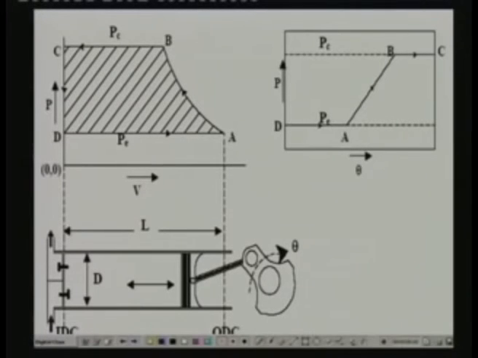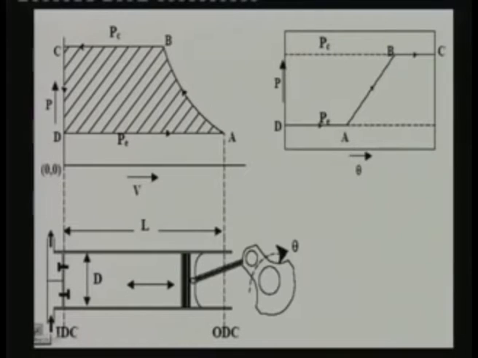Now, what is the work input to the system during the compression process? That is during process A to B. During this process, again this is equal to integral PdV, because this is a closed system, from Va to Vb. And this is the work input to the system, because dV is negative. So the piston has to do work on the refrigerant. You cannot integrate this simply, because in order to perform this integration, you have to know what is the relationship between P and V during this process.